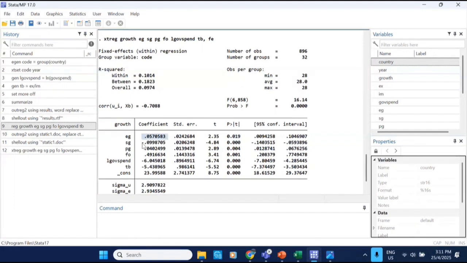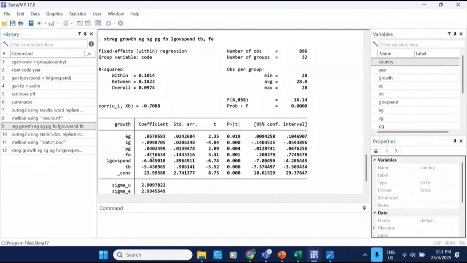Okay, this one has a negative relationship, right? Usually, like just now in the slide, we interpret the coefficient in terms of significant or not,